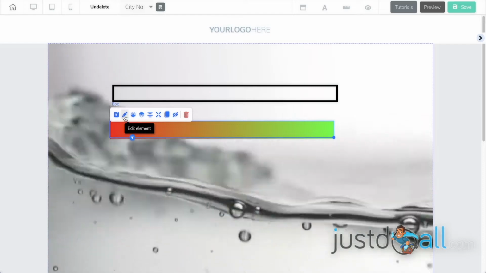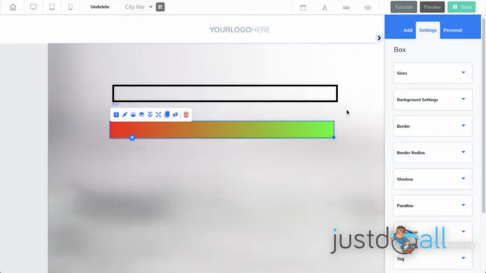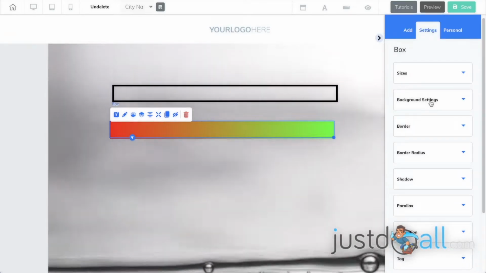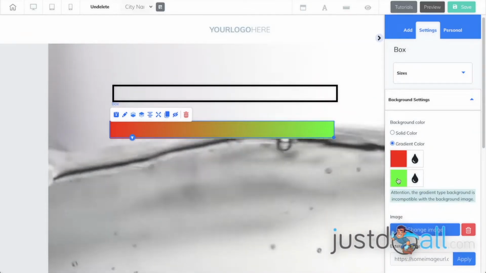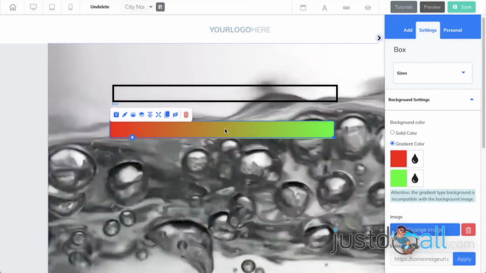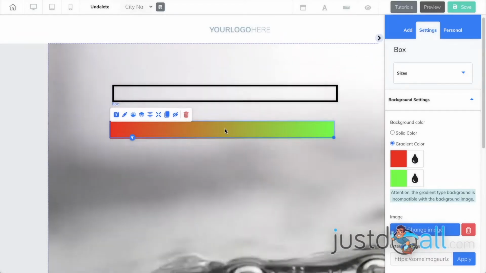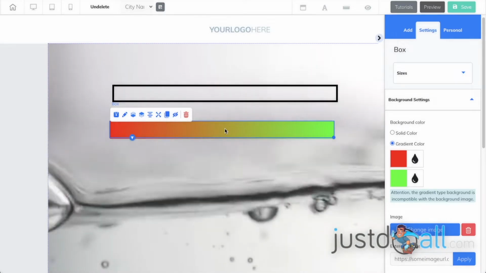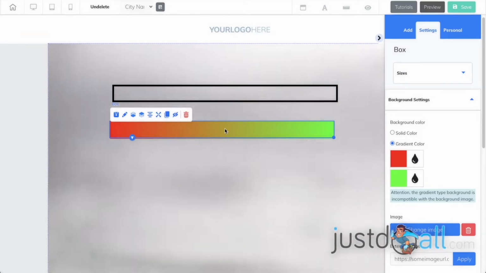Here, I just took a box, so the element box, and in the background color, I choose a gradient from red to green. But let's say here you wanted to have a better gradient with 3 points, from red to yellow, and then from yellow to green.